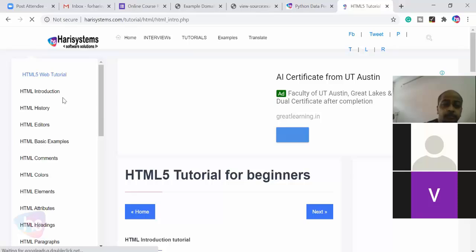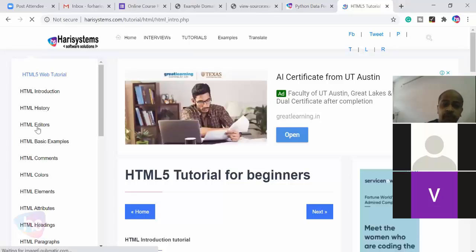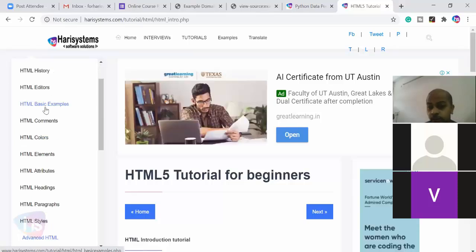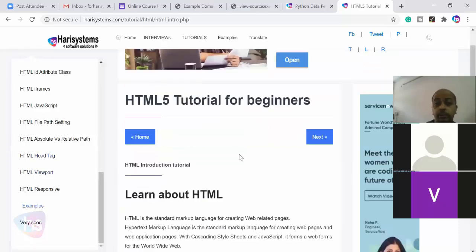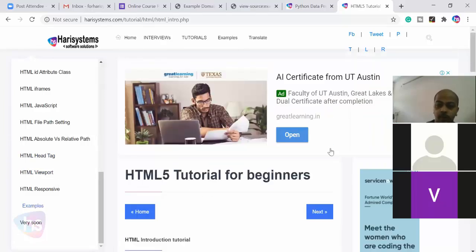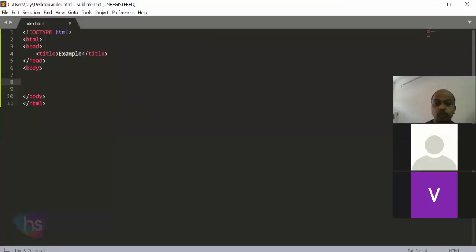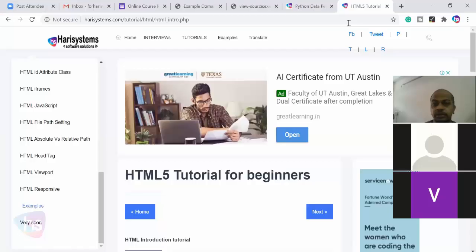See here: introduction, history, editors, what editors you are going to use, basic examples, how to write, how to run, comments, colors. All the HTML features you will learn super easily with real-time examples. All right, and now I'm going a little bit quick to give you more information.